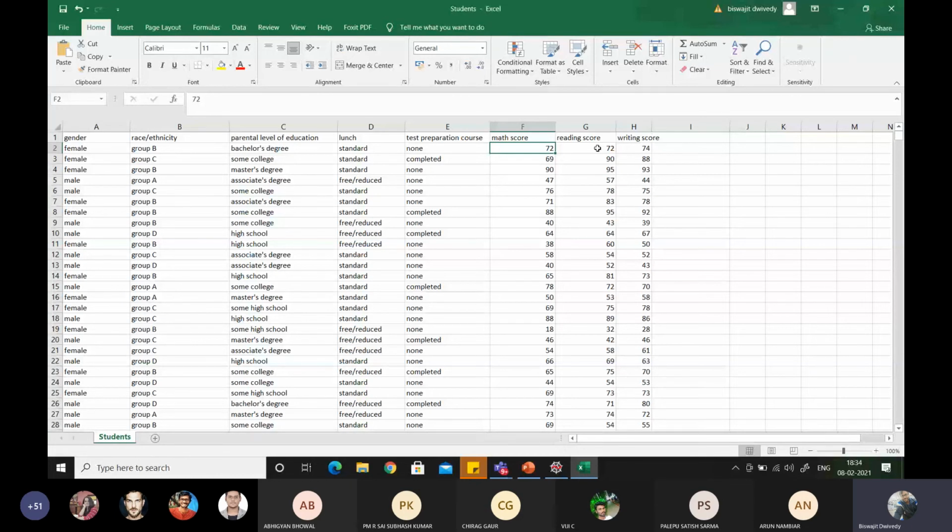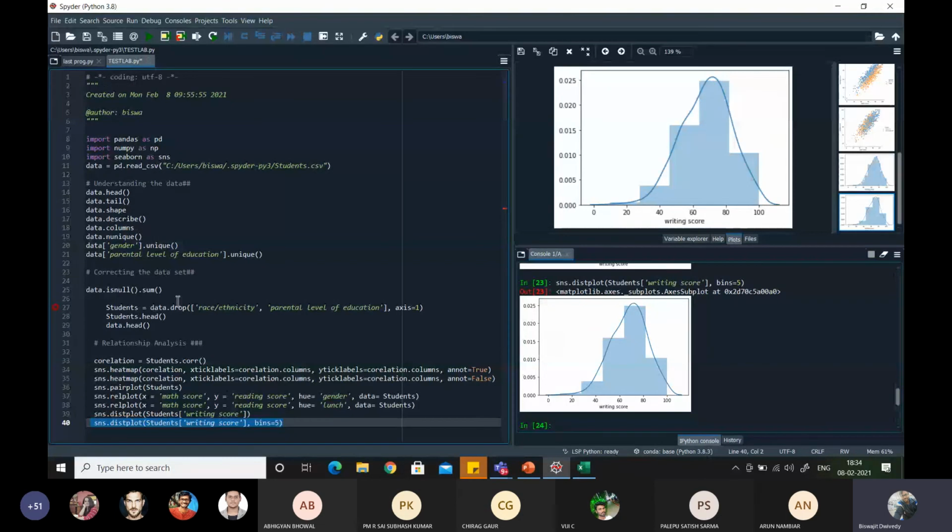In case you have that type of outlier, you can remove it. You can also do some coding, like data dot drop or data is null, and you can put some conditional statement to find the data which lies within a specific range.